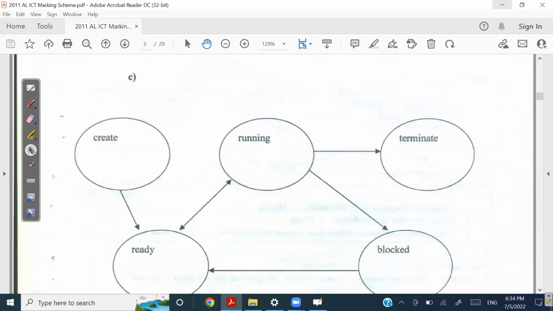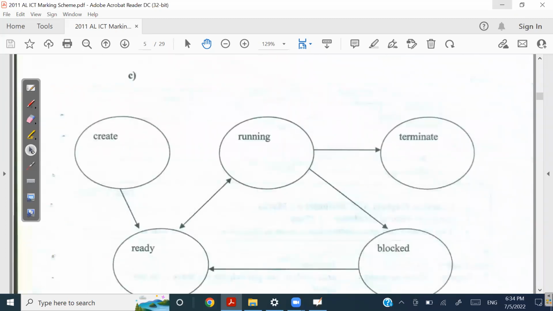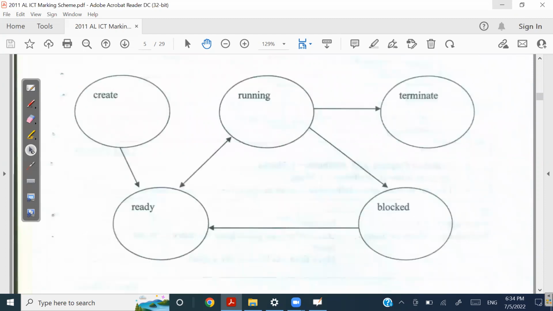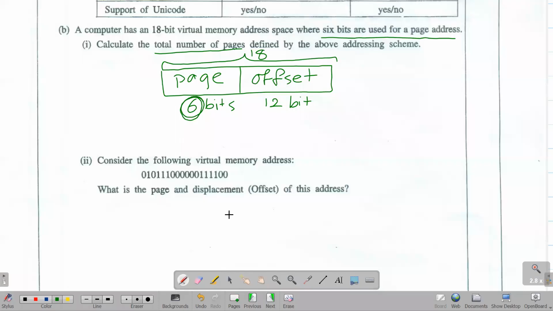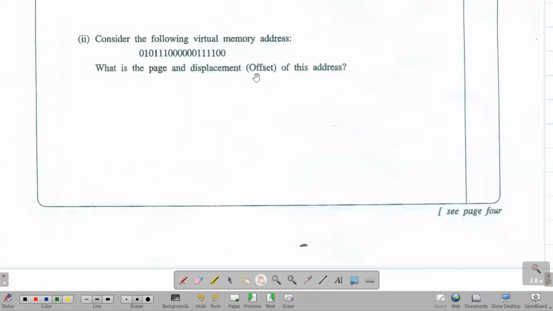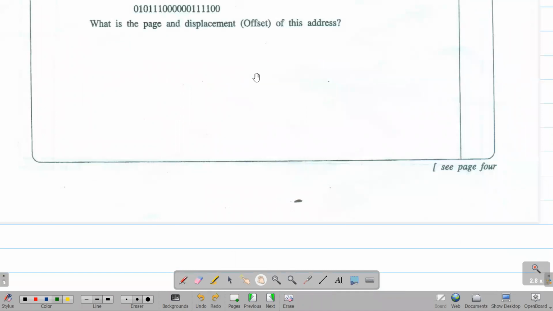Okay, so for part C, they are asking you to draw the 7-state diagram. Actually, they are not specifically asking you to draw the 7-state diagram, right? So what they were saying is,